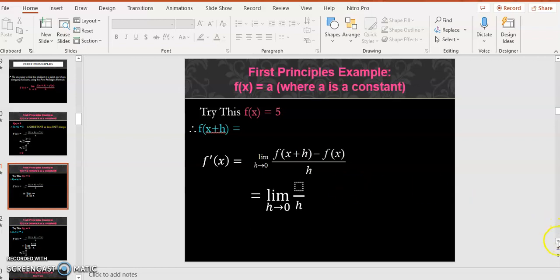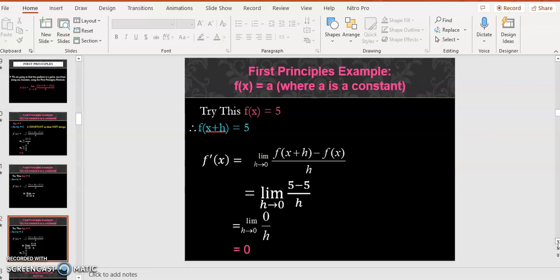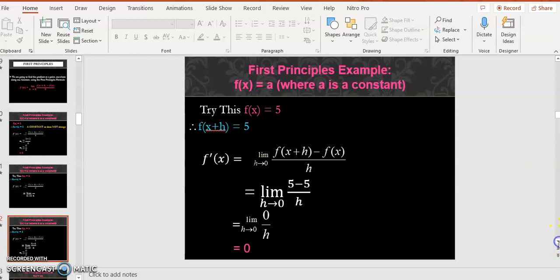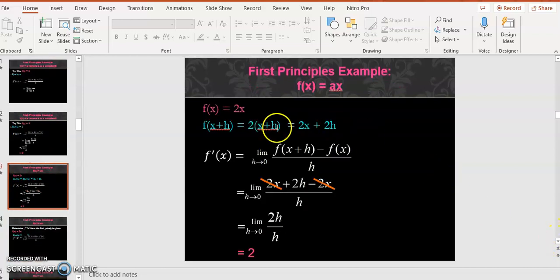Okay, let's go through. Now, since this one is a constant, it will still be 5. Then we know f of x plus h is still going to be 5. So it's going to be 5 for f of x plus h, minus f of x is 5, over h. So 5 minus 5 is 0 over h, which will give you 0, like that one. So anytime you have a constant, if f of x is equal to 6, it's still going to be 0, like that. Okay, now let's look at another question where it's not a